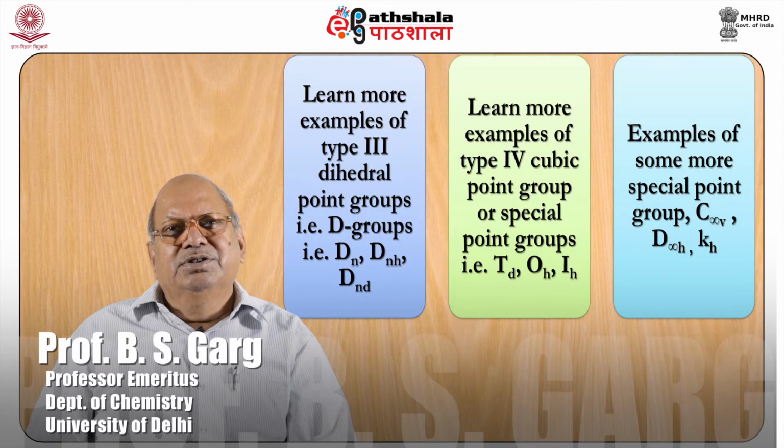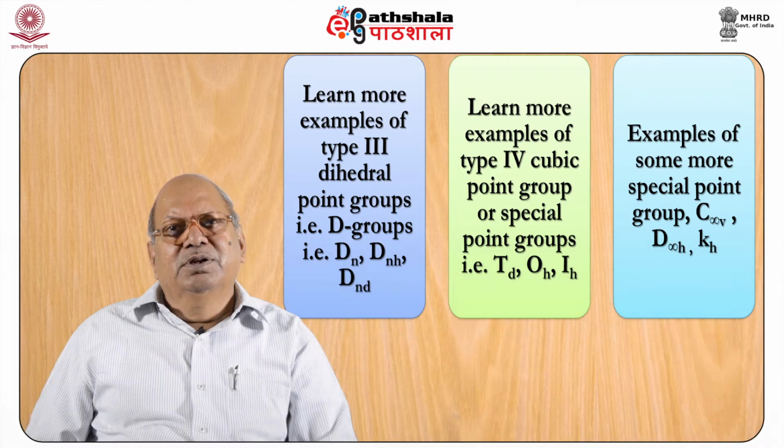After studying this, you will learn more examples of molecules belonging to different point groups. Learn more examples of type 3 dihedral point groups, that is D groups: DN, DNH, DND point groups. Learn more examples of type 4 point groups, that is cubic point groups, special point groups, that is TD, octahedral, icosahedral. Examples of some more special point groups, C infinity V, D infinity H and KH, will also be cited